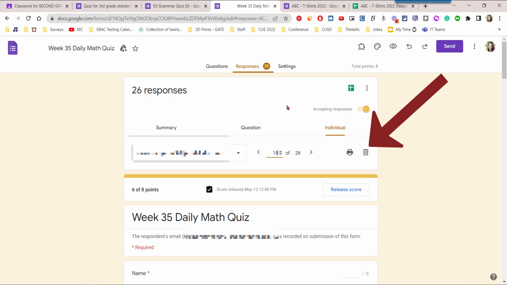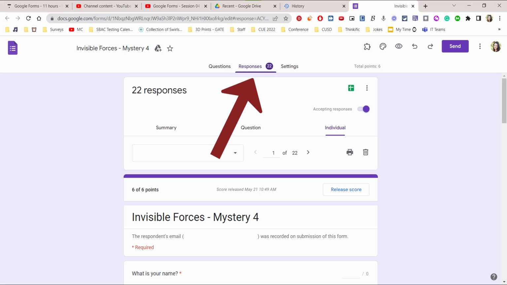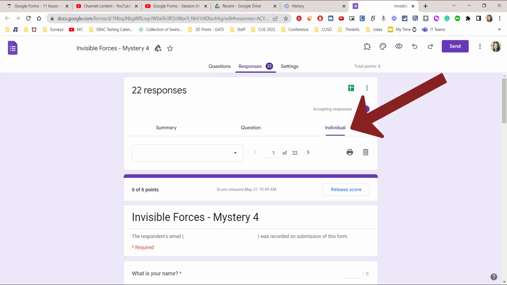If you provided a child with an opportunity to retest, you are more than welcome to delete the first one and only utilize their second score as their final score. When it comes to overriding any child's individual score, first head over to Responses, then choose Individual, then locate the